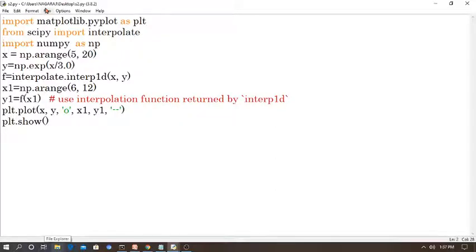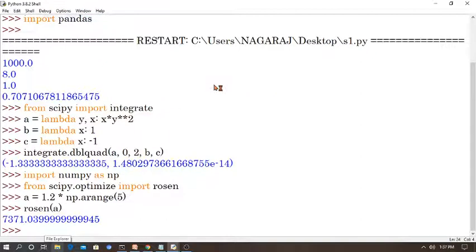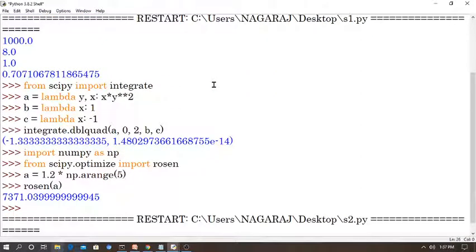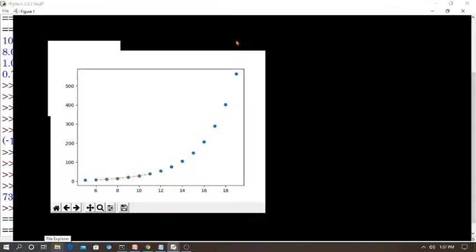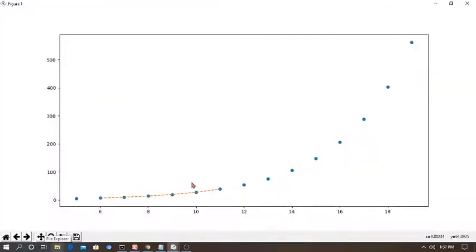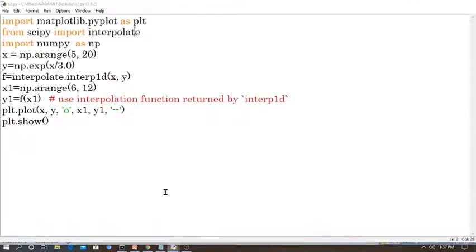Let's go for execution. Execute the program. So you try to execute the values and express the graph. Yes, successfully executed. You can look here. There will be points developed based on your input. What input here? 5,20, then another input is the 6,12 data points. Based on that only the curve is developed here, and also x1 y1 all values are substituted here.